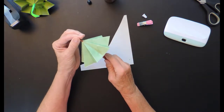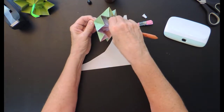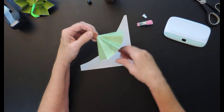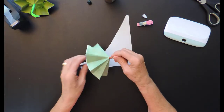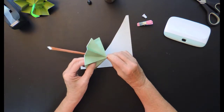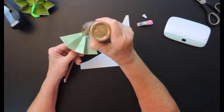Now this is where we're going to secure this piece, but you'll notice that now you have an umbrella. I hold it at the top, it's going to open and it's going to close. So it's actually quite simple. So here's where we're going to put our bead. I'm going to hold this up a bit because it's a little bit too far up. Where do we want our bead? Right about here. So I'm actually going to glue this end piece